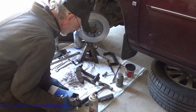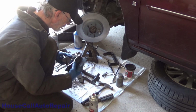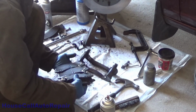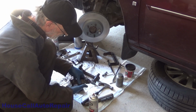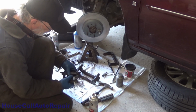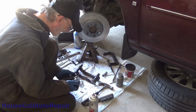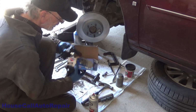Now what we're going to do is pair them up and compare them. Alright, make sure there's no differences between any of them other than the little chrome tab. They're exactly the same, so we're going to put 1 set on each side. That way they're made up like this. And because they work out this way, it doesn't matter which side's which. We just want to make sure that when we put these in, the leading edge is where your squealer always is. Once in a great while it'll vary, but for the most part it's almost always on the leading edge. So we're going to set the other set of brake pads aside, the other side,